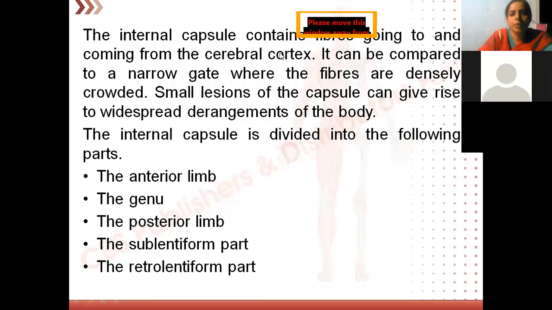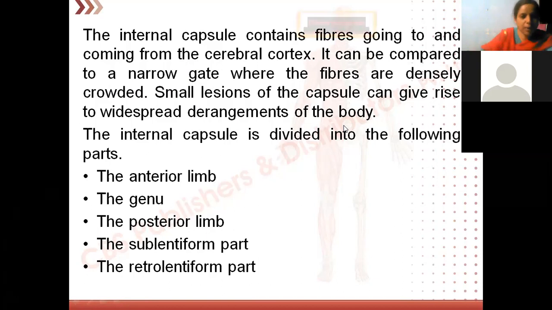Okay. So now the internal capsule contains ascending and descending fibers going to and coming from the cerebral cortex. When we were discussing the spinal cord in physiology, I described in detail the ascending tracts and descending tracts. Both ascending and descending tracts pass through the internal capsule. It can be compared to a narrow gate where fibers are densely crowded. That means in that small area we have ascending sensory tracts and also descending motor tracts. Hence, any small lesion or injury to that particular area of the internal capsule can give rise to widespread derangements of